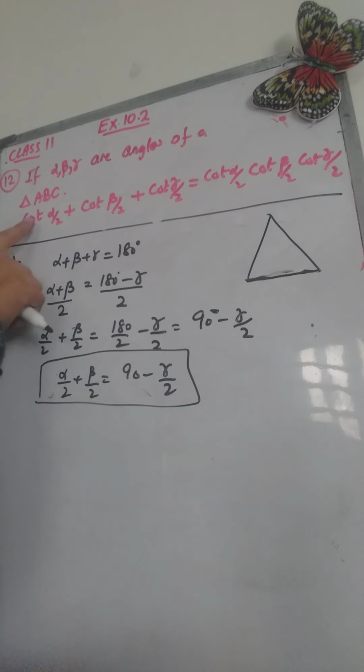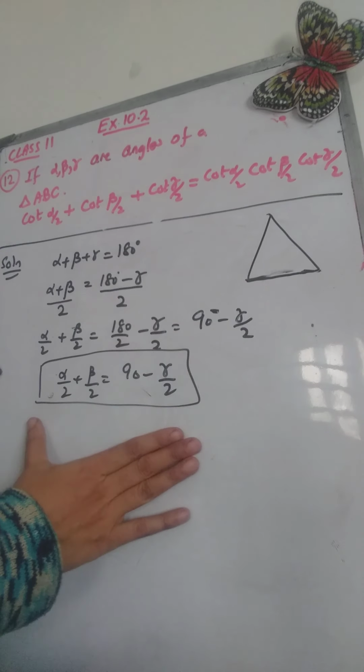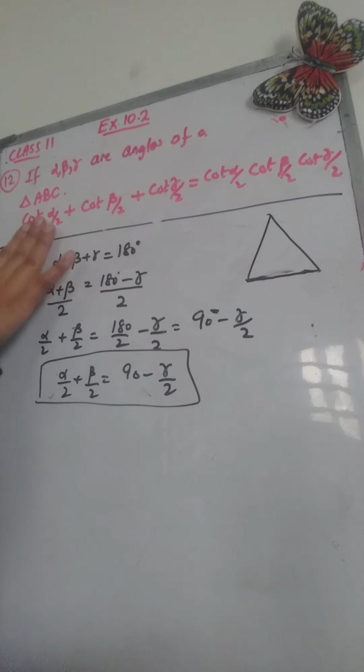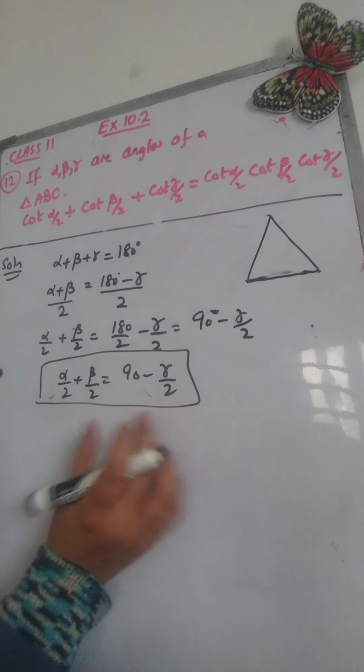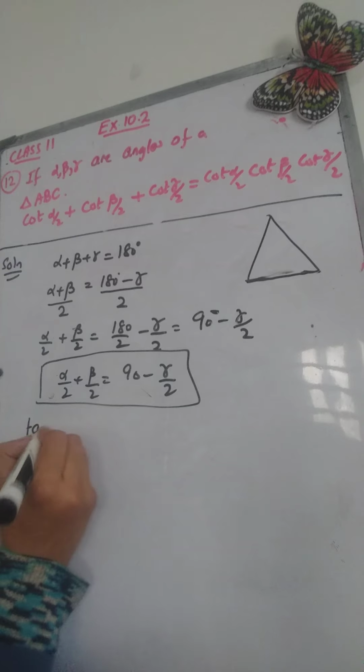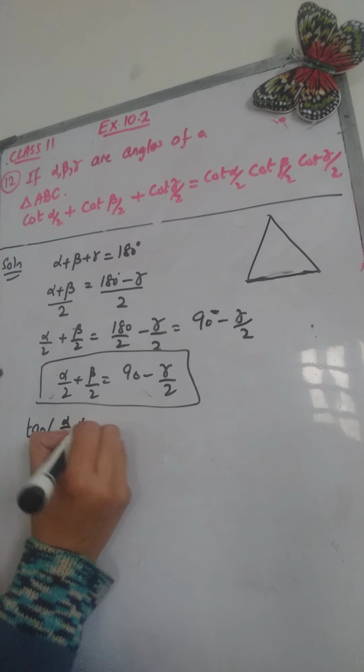What am I going to do? As we want cotangent, and the identities of cotangent are also there, but usually we do memorize the identity of tangent only. So we can apply the identity of tangent, and then from tangents, we can easily get cotangent by taking reciprocals. So I'm going to take the tangent of both the sides, and apply the identities that we have studied.